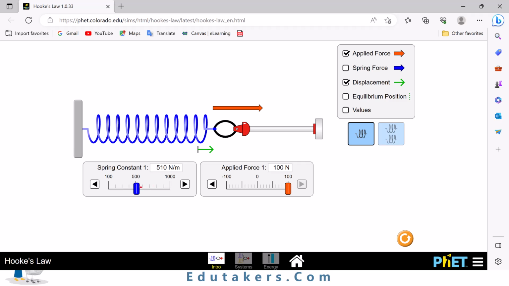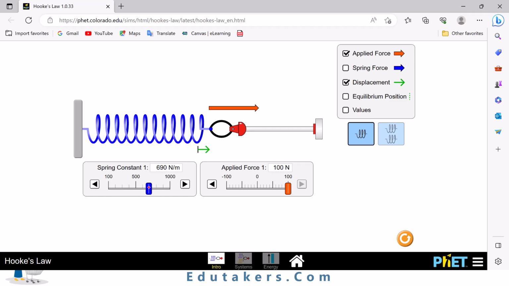If I again increase the spring constant, the displacement or the extension decreases. It means that when the spring constant is larger, which is for the stiff springs, then in this case their displacement from the equilibrium position decreases by applying the force. Means that the displacement increases but at the slower rate. So I can simply say that for the stiff springs, the change in the position or the extension is very small when the force is very large.